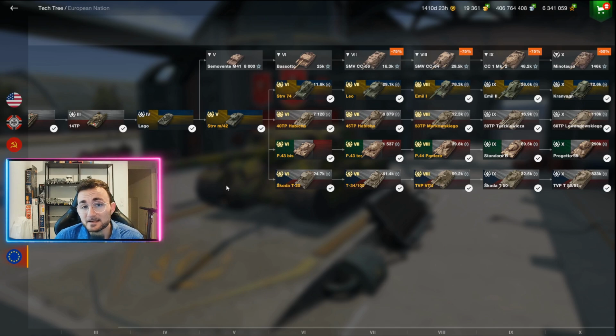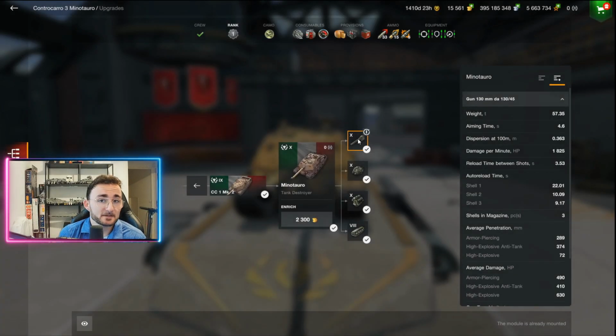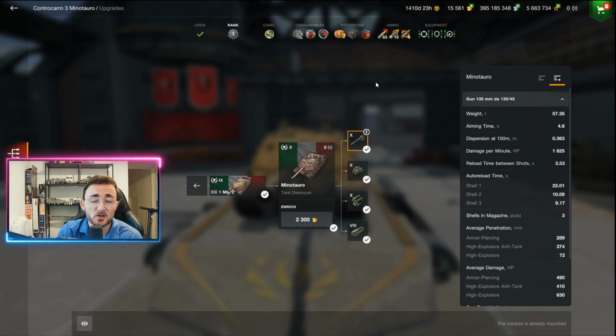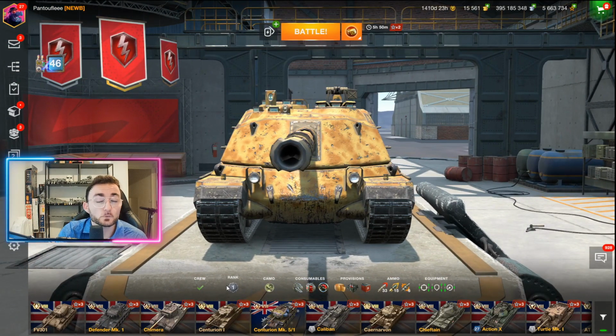We are going to take a look at the 9.4 update that just dropped today, and specifically the tier 10, the Minotauro. Wargaming already advertised the special mechanism this tank is equipped with, called Last Shell, which is basically the fact that you need to use all the 3 shells contained in the magazine only in a situation of emergency. But I would like to focus a little bit more on the other aspects of the tank, talking first about